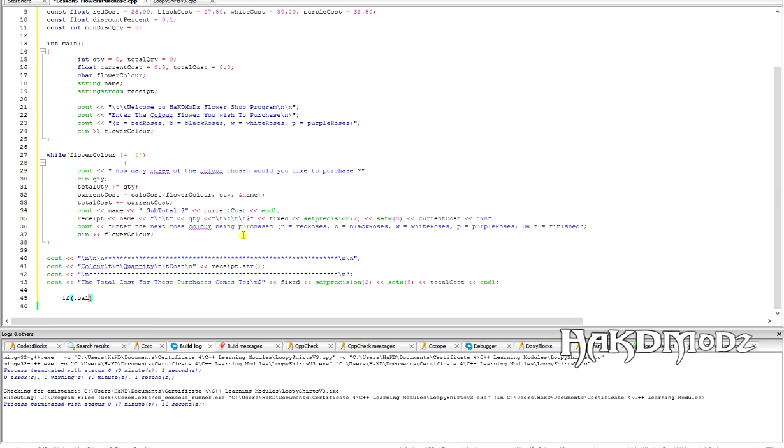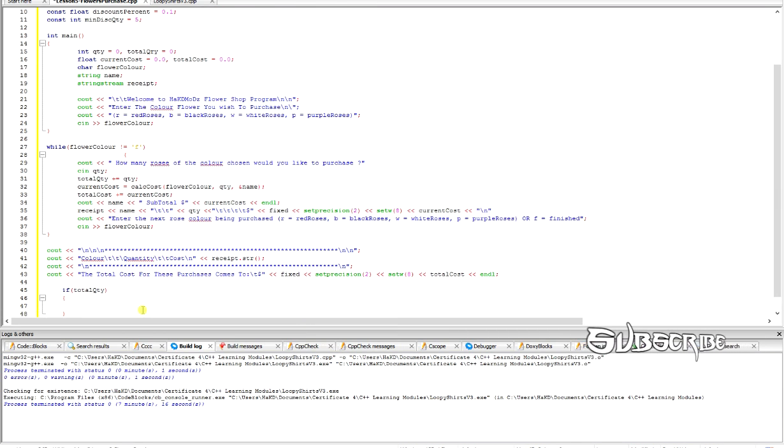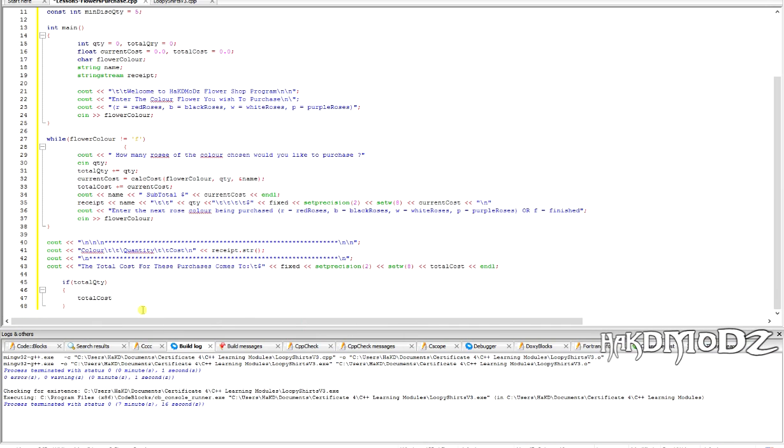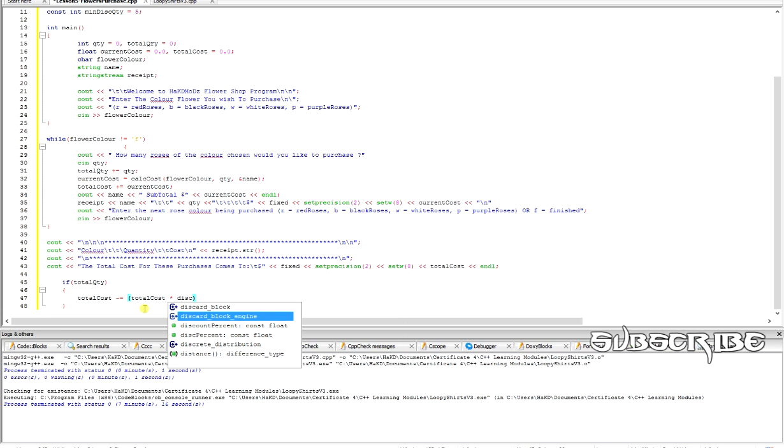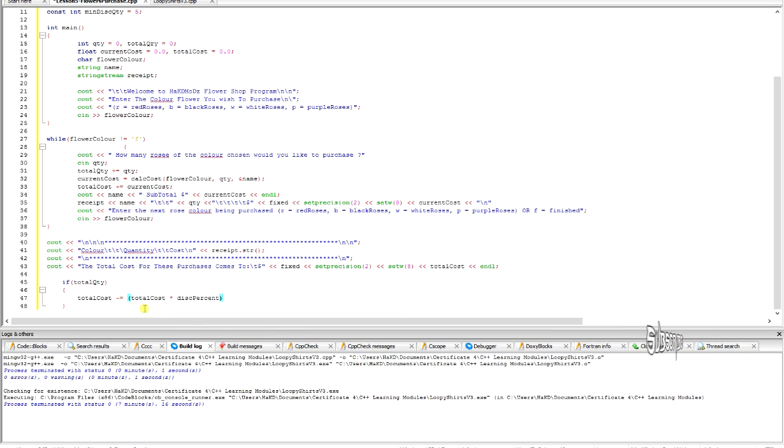Okay, endl. Now if total quantity, I spelled that wrong, if total quantity, now that's the condition, if total quantity does something, then we do this. That's what if does. Same as while, same as do while, same as for. Everything begins with a condition inside the brackets. So we've got if total quantity